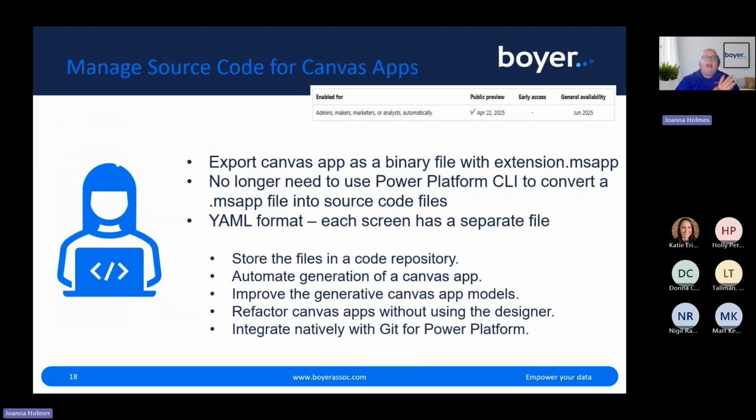We can also manage source code for Canvas apps now. This is something that is in public preview right now and will be generally available next month. So with Canvas apps, what this means is I'll now be able to export a Canvas app as a binary file with the extension .msapp, and you can use the Power Platform CLI to convert the .msapp file into source code files. Now with this feature, I no longer need to use that Power Platform CLI to convert the .msapp files. I can view the source code for the Canvas app in an updated, human-readable YAML format,